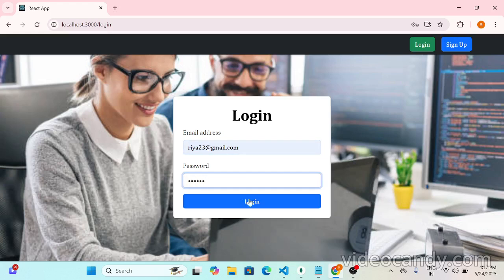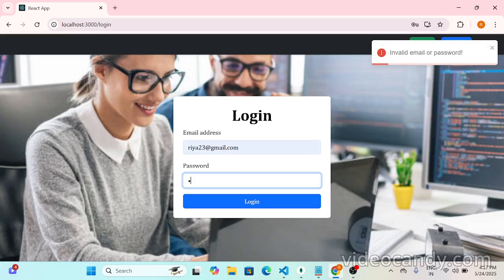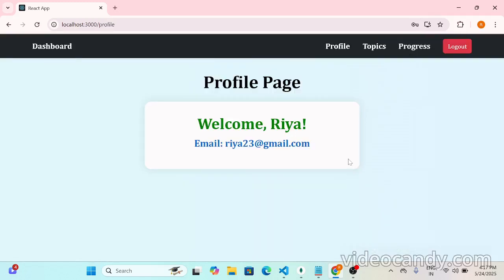If I enter a wrong password, it will show invalid email or password. If I click login, it shows login successfully, which is a toast message. And the data I'm talking about is stored in local storage. See,